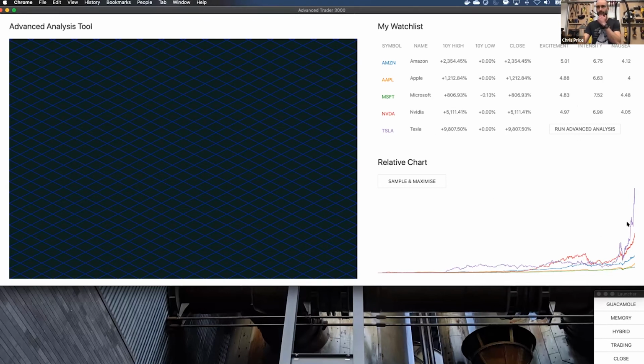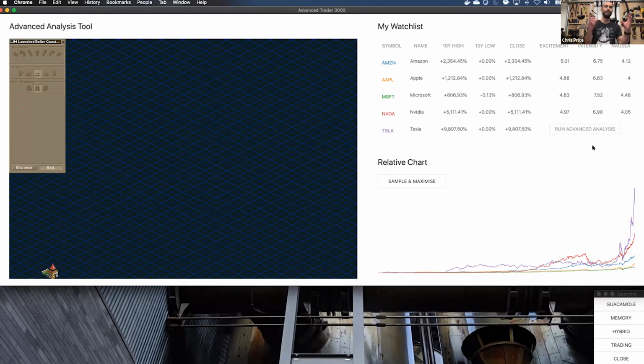We also got a chart here showing the relative performance of the pricing data I've got. So why don't we try running the advanced analysis for Tesla? Right, so what's going to happen here is we've actually kicked off Rollercoaster Tycoon, or a segment of it, in this nested window in the canvas here. And it's going to build out for us